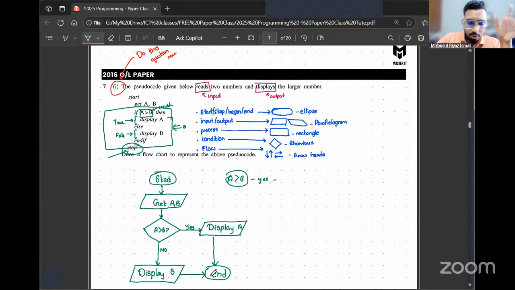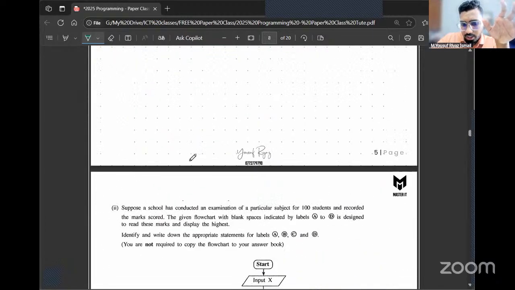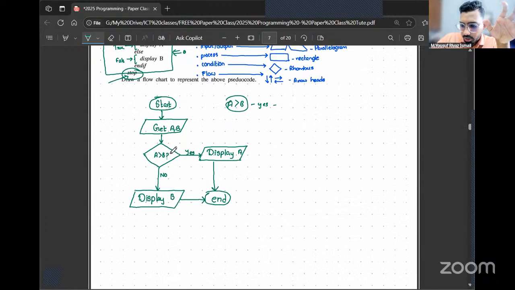Instead of mentioning end, you can mention stop as well. That's fine. I put a connector and end. Why do you need a connector? Unwanted. I said connector is used in which situation, right? So, in the end of the page, that's where you put the connector.